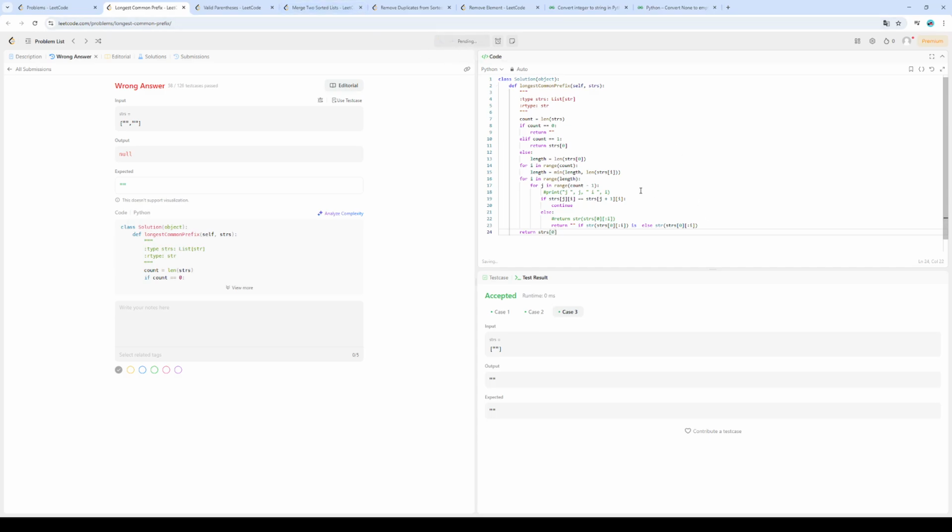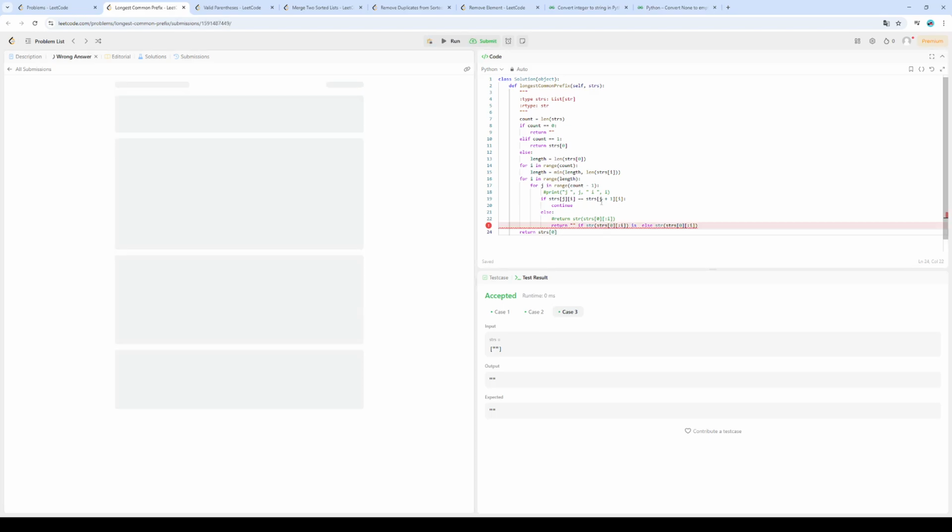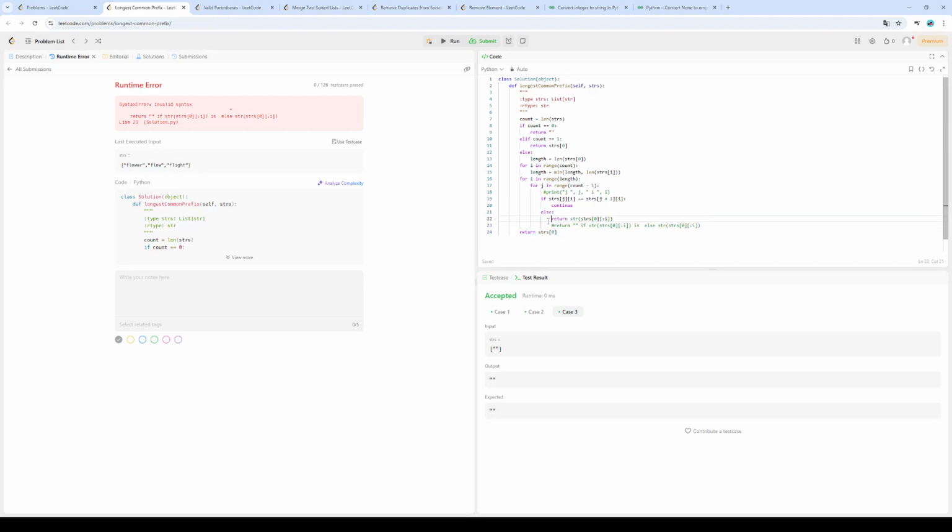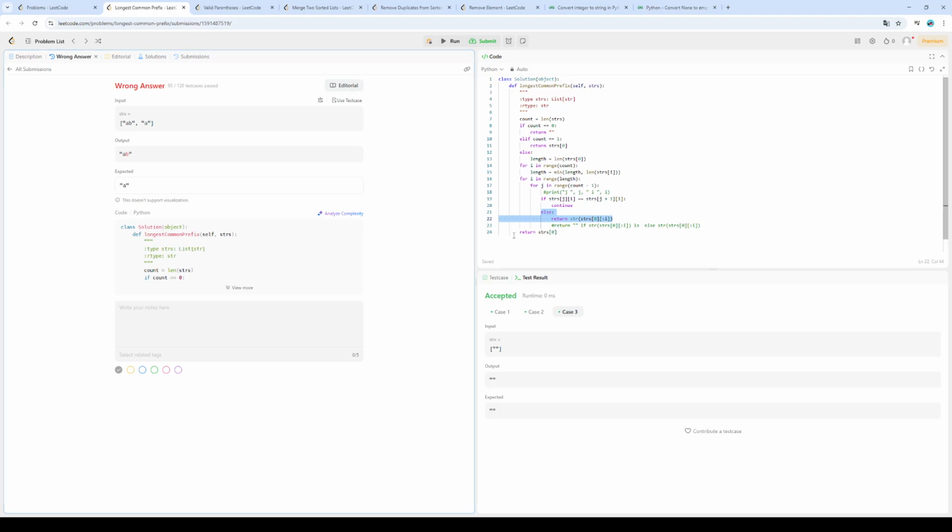Let's try this for the last time. I believe the error is happening because it never enters the else part. It's true to end, it ends it. Yeah, the error is that. If it's ended, then I should find the shortest one. And we have the shortest. It should be 0 initially. And